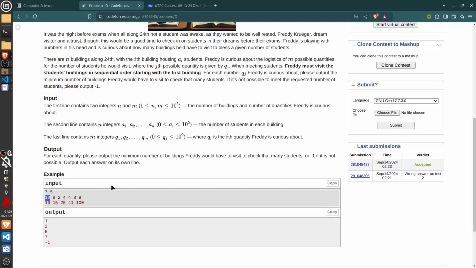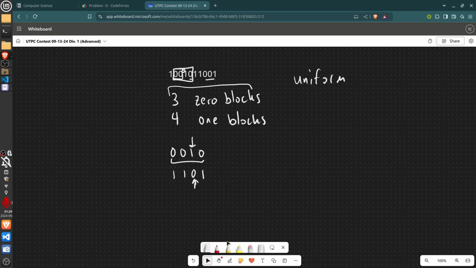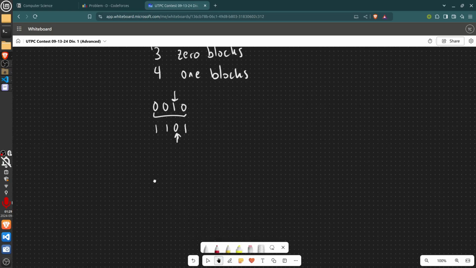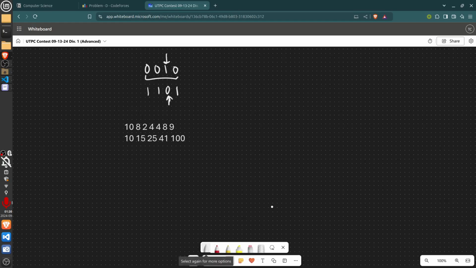I don't think I have to go into this one too much, but let me take this example. Basically it's prefix sum. Really, that's all. It's just prefix sum with binary search. Given this example, all you have to do is calculate the prefix sum. So say you get 10, 18, 20, 24. Wait, is that right? Yeah, 24, 28,